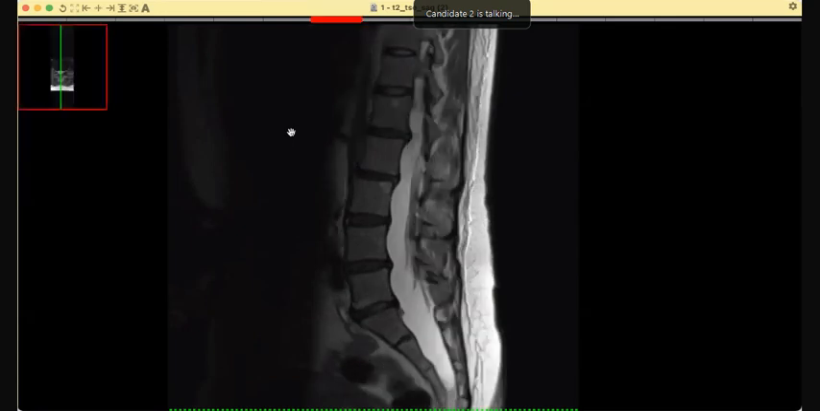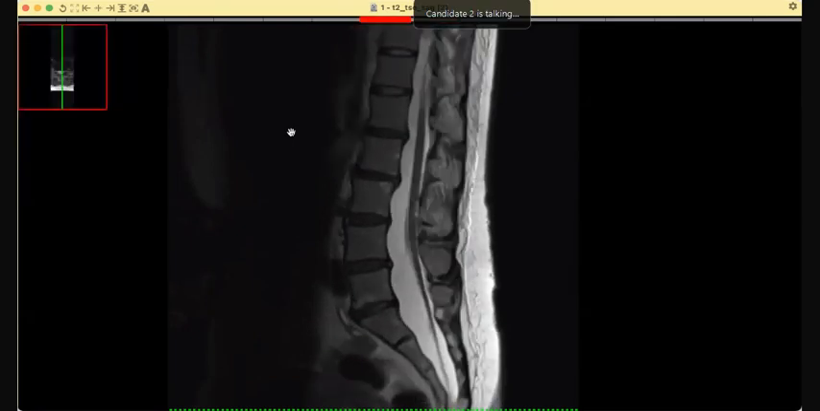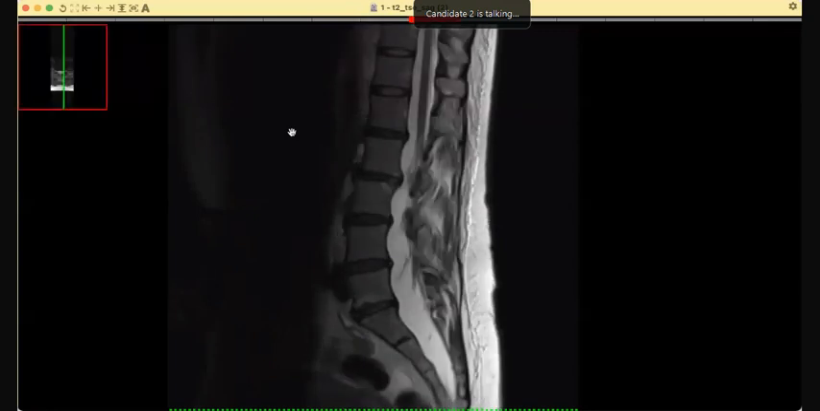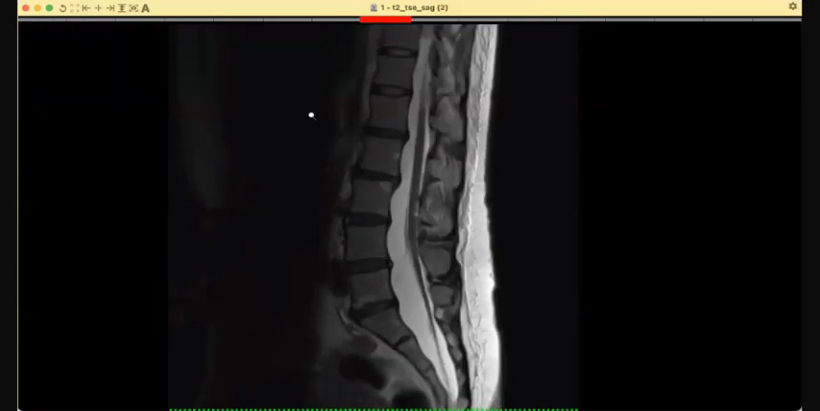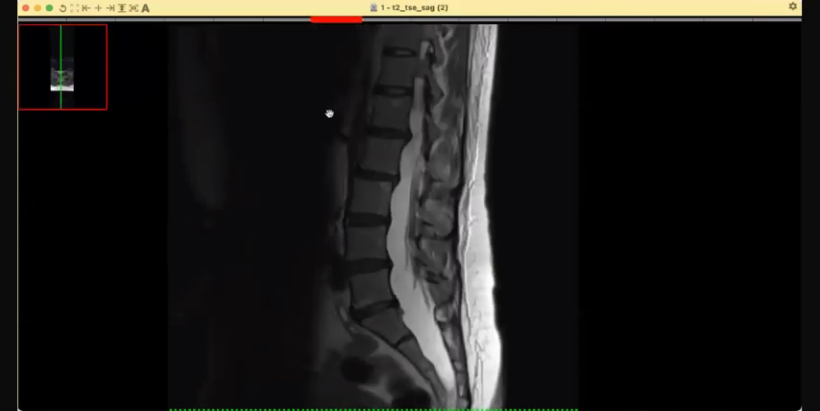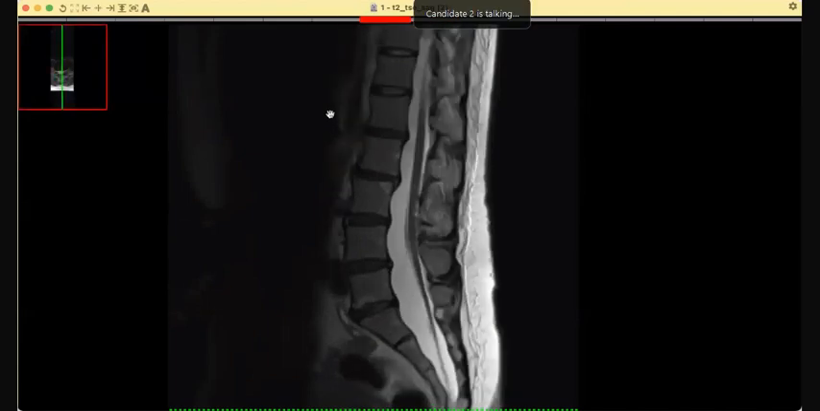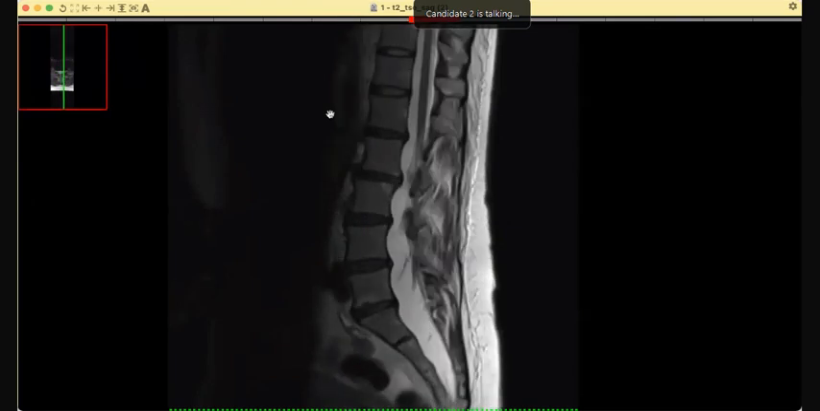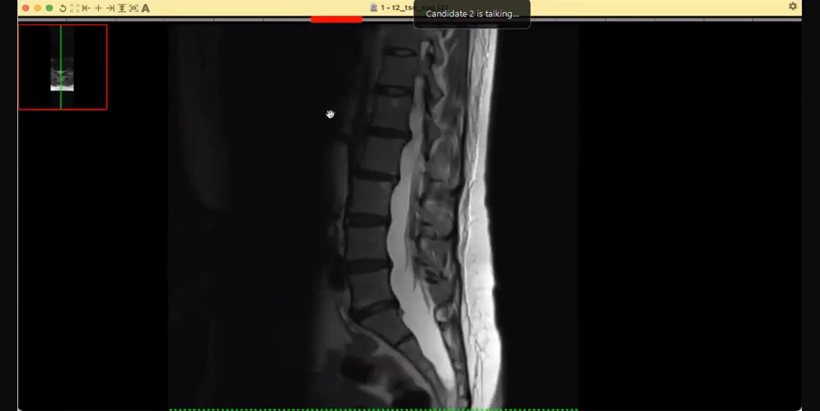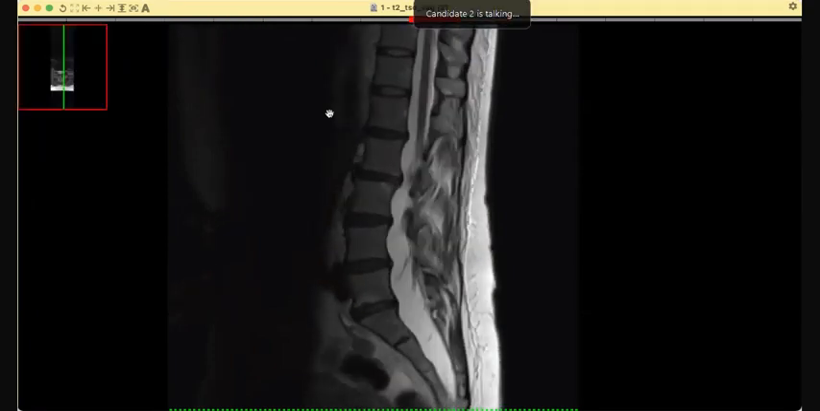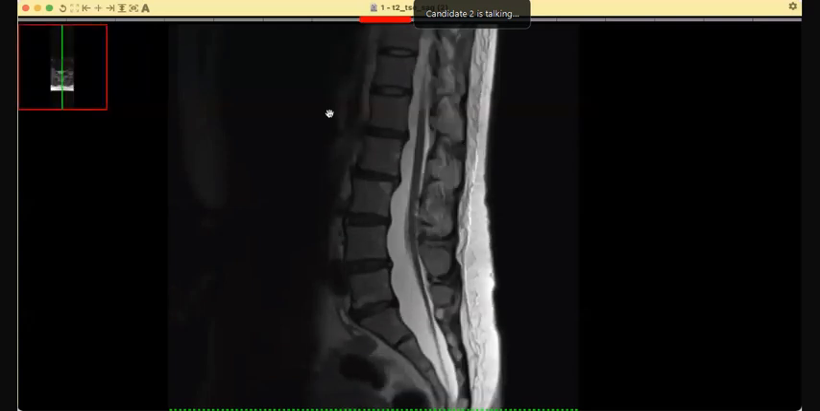There are some modic changes of the upper part of the visualized vertebral bodies. There is no obvious mass within the thecal sac or anterior or posterior to the vertebral bodies. No epidural collection seen. There is normal alignment of the vertebral bodies. So I'll be thinking of